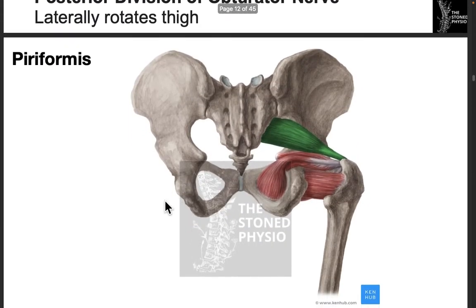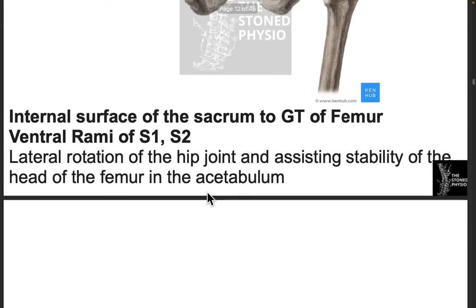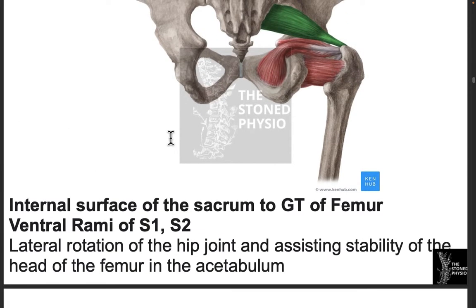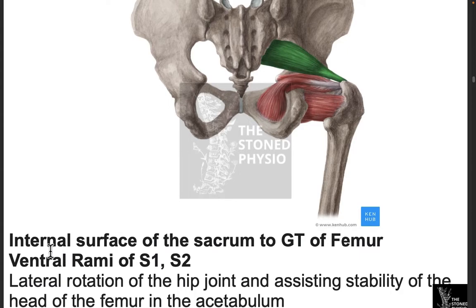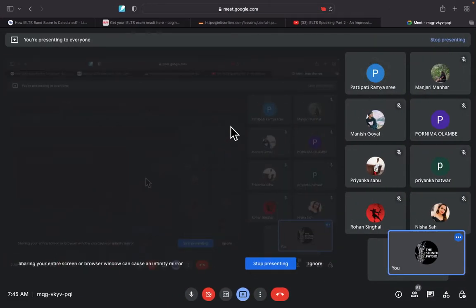We are left with the pyriformis, it is the ventral rami of S1. It directly has its nerve supply from the nerve roots of S1 and S2. We will talk about what ventral rami and dorsal rami are. Did I discuss this in the previous class? Sir, I have talked a little bit about the cross section of the spinal cord having ventral and dorsal horns, and I think I've talked about